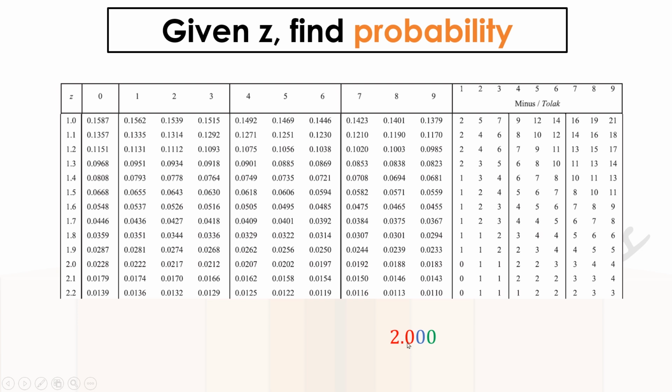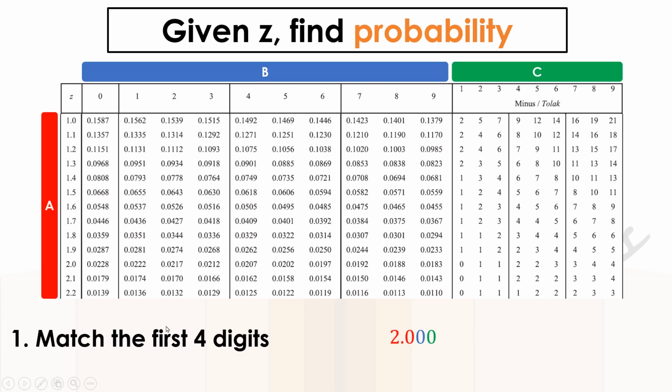So our Z is 2.000. The first step to find probability is to match the first 4 digits. For the first 2 digits, we look at section A. So 2.0 is here, and we focus on this row. The third digit is 0, so according to section B, 0 is here, so the column we focus on is this column. Okay, so here our probability would be